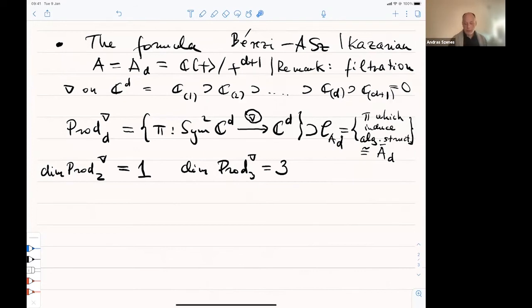All those are the only 3 possibilities, and so those give you dimension 3. So for small values of d, this is small. Of course, when it grows, it still grows cubically in d, the dimension here. Okay. So now I will introduce, I will not define this very precisely, but I'll use the main object that